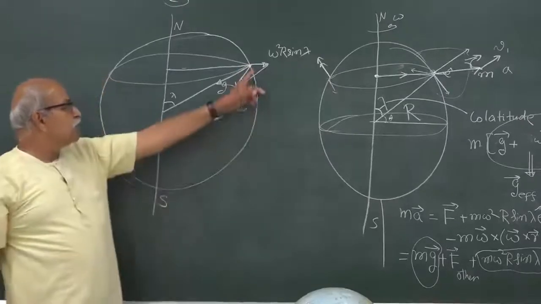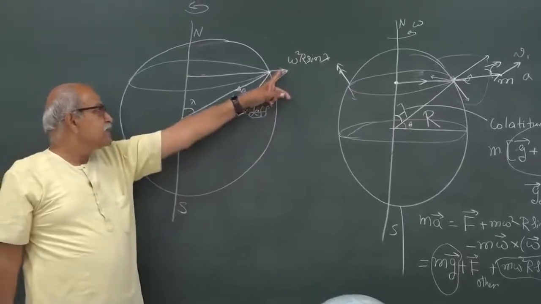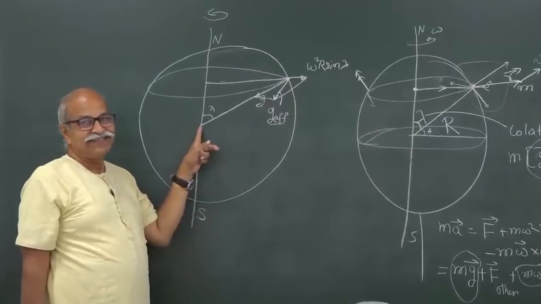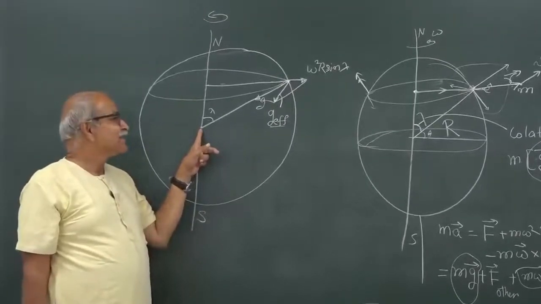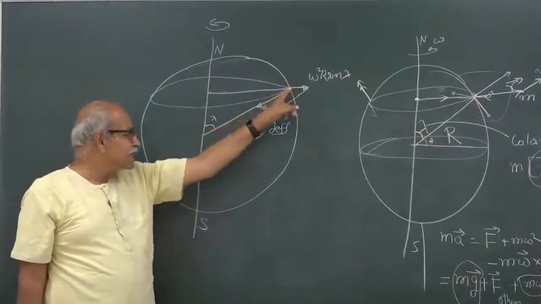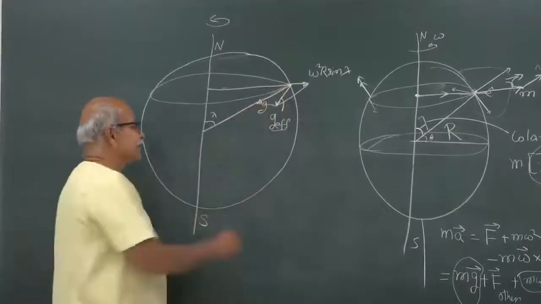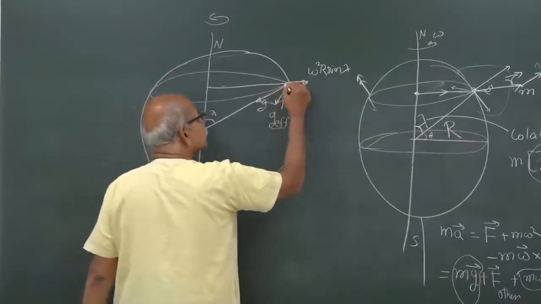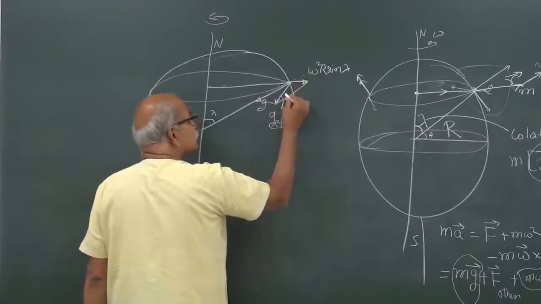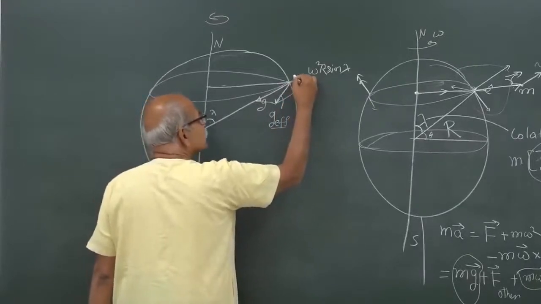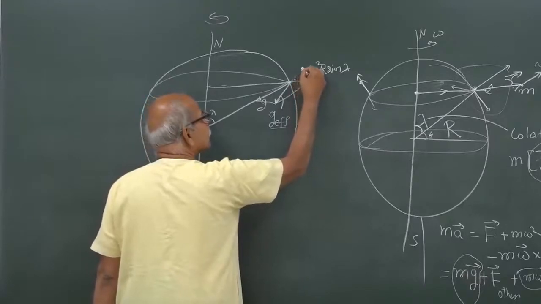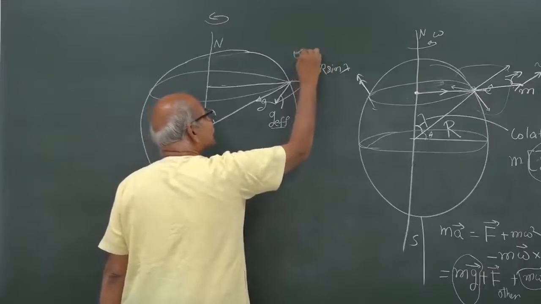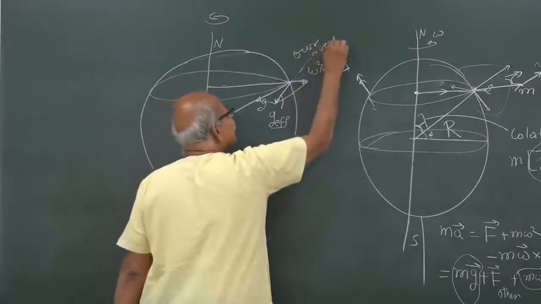Okay. So, because of the presence of this term in general, this resultant will not pass through the center of the earth. This resultant will not pass through the center of the earth, and for us this is our vertical direction. This is the true vertical, this is vertically downward and this is vertically upward. But for us, we will only have access to this direction. This is our vertical, our vertically upward direction.